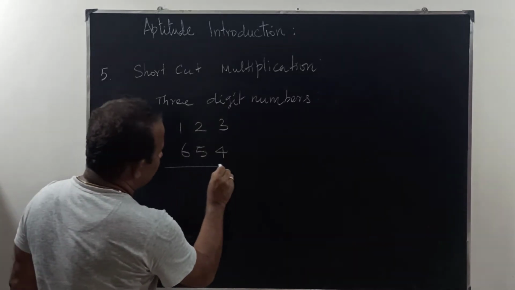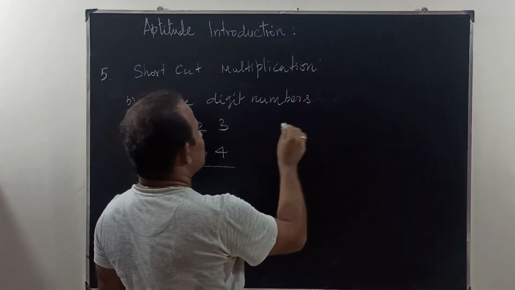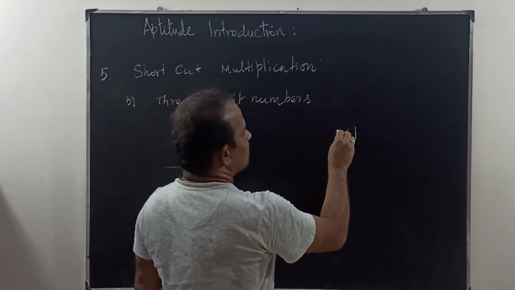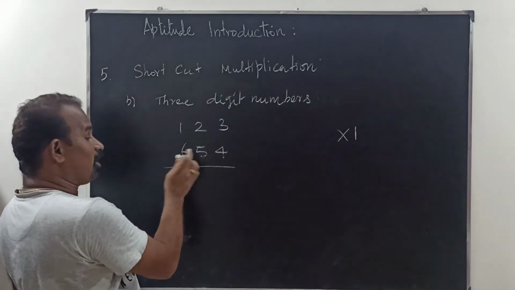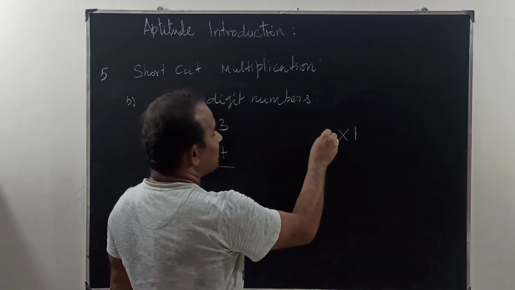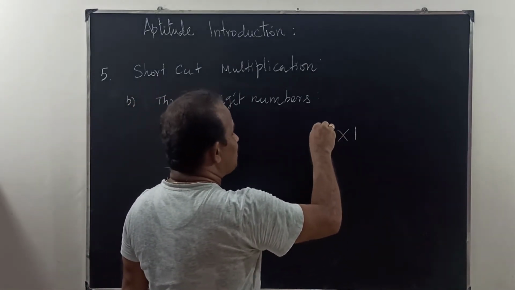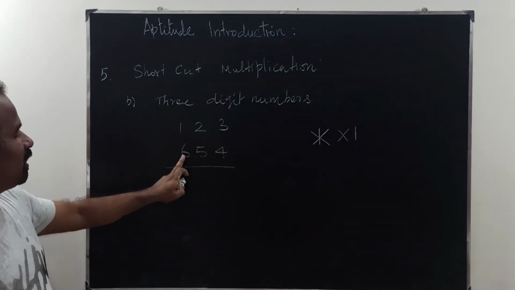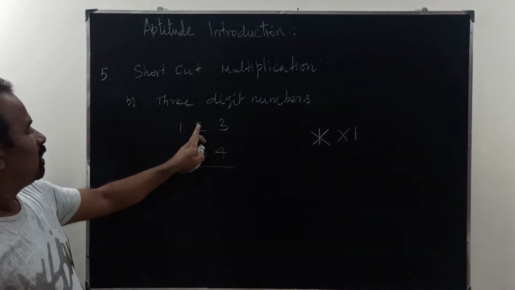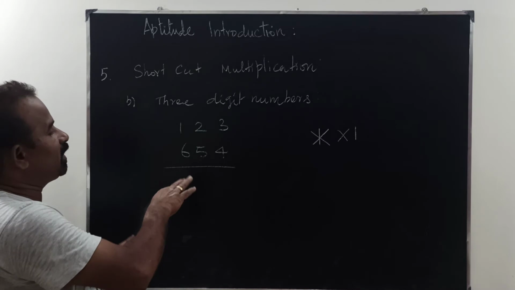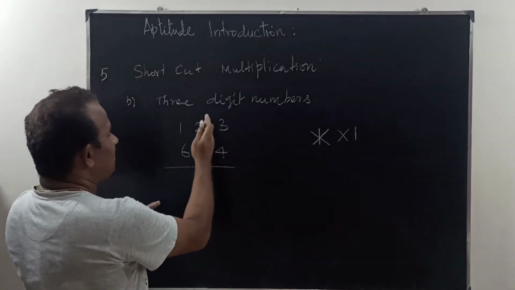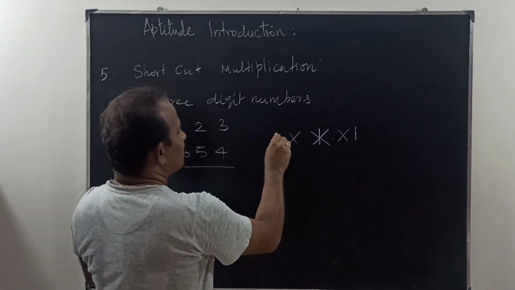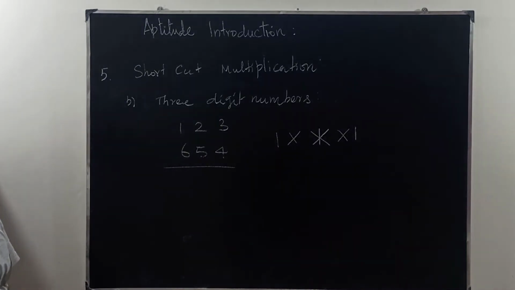The same rule. The rule is first you consider one column, then you consider two columns. Two columns means cross multiplication. Then you consider 3 columns from the right. 3 columns means cross multiplication and the multiplication of the middle terms. So multiply and add. So this is first column, then these 2 columns, then these 3 columns, then these 2 columns again cross multiplication, then this particular column. This is the rule. Understood?